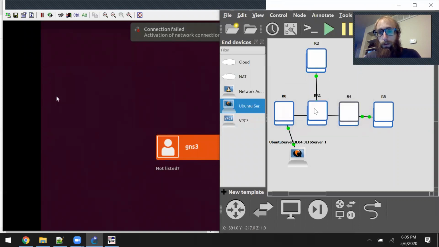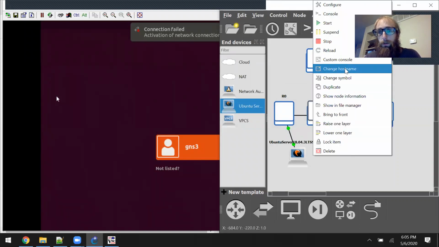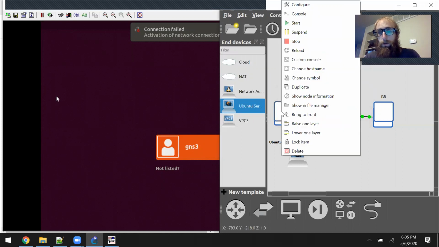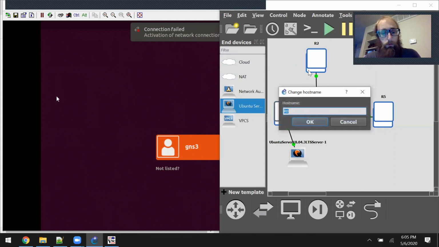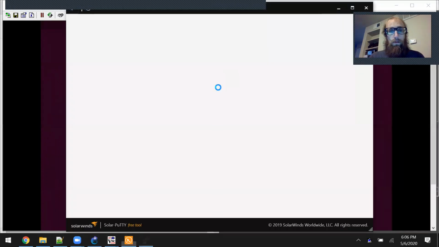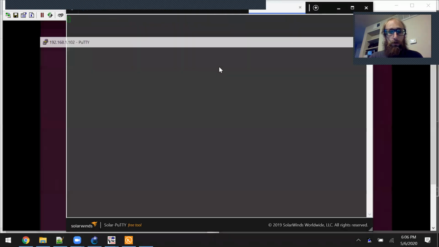All right, perfect. So now this can be router 3. Excellent. And then router 2 we can leave there. But this one's going to be router 1. Be a little bit easier to work with. All right. So of course we're going to need